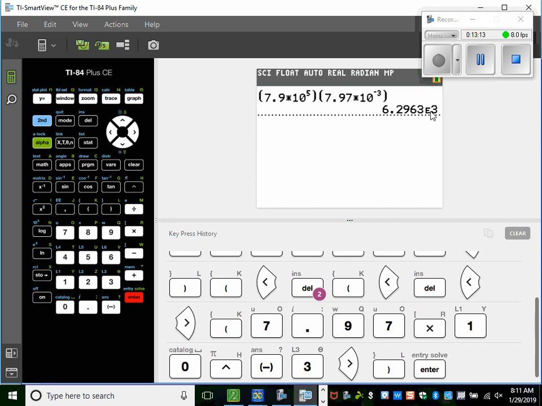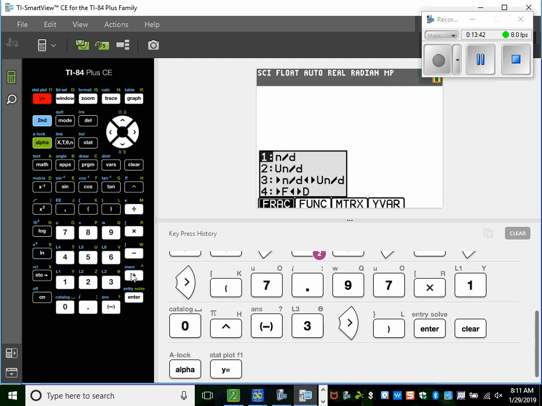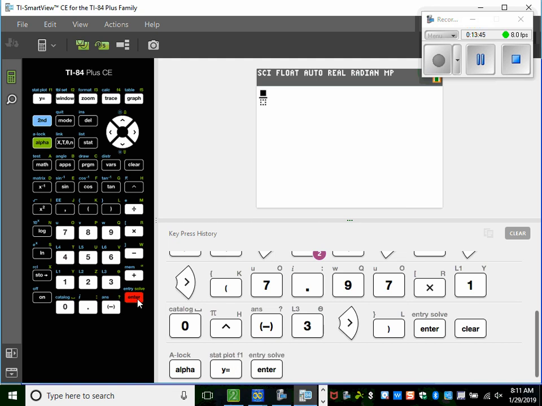Okay, now we're going to do a division one. Now for division, you do need to also use parentheses, so go ahead and put parentheses around the numerator and denominator on page 7. Even though they're not there for the calculator, you will need to have it in parentheses, unless you write it like a fraction. How do we make a fraction on these calculators? Alpha y equals, so alpha y equals enter. And then you could actually type it in like you want, but I'm going to say parentheses